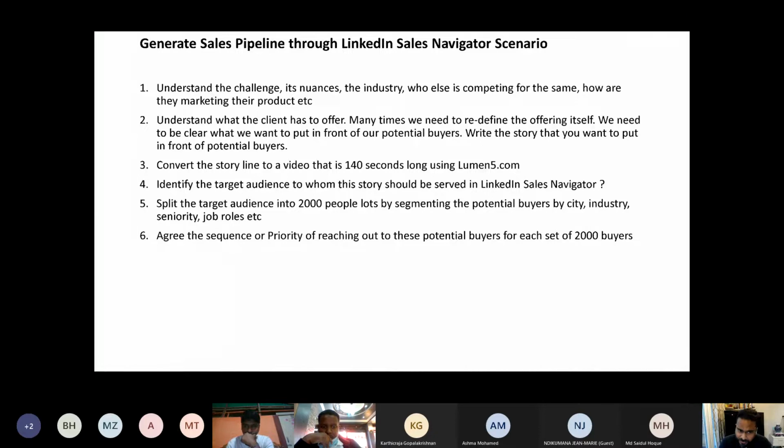That's how we have been doing it for all our clients. All our clients have licensed LinkedIn Sales Navigator. It is not a free product. It costs roughly $100 a month. So most of our clients will buy this product and give their credentials to us.